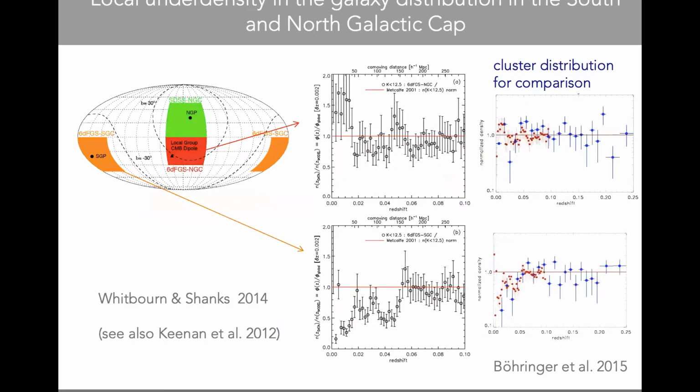That has been found by other people, but they have looked in the galaxy distribution, and one of the big problems of the galaxy distributions is you really have to have a very homogeneous calibration of your magnitudes and of your selection function. And that's not so easy, especially across the whole sky, because you usually have only a hemisphere, a little bit more than a hemisphere, that is accessible to one telescope. So we don't have this monopole,